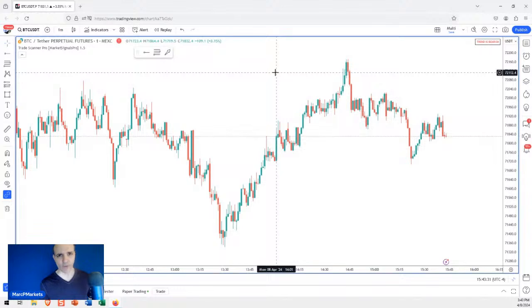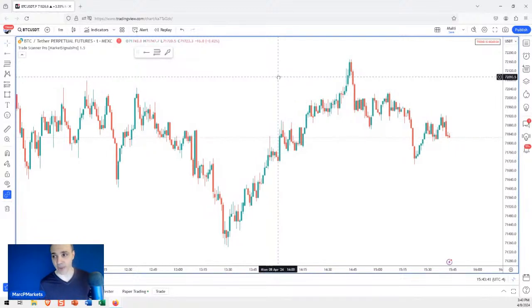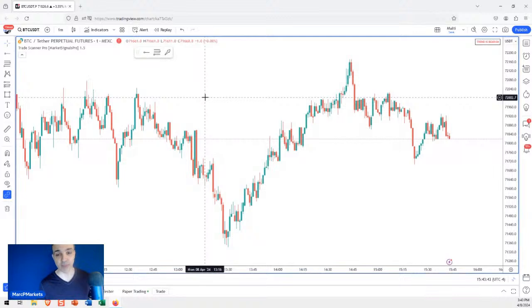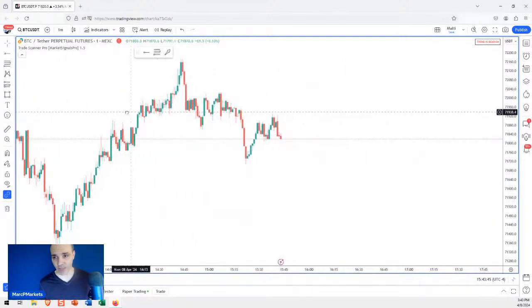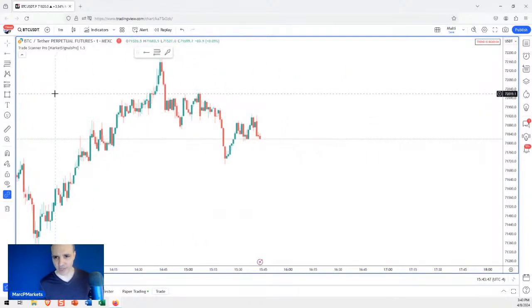Now, over time, I gathered feedback from people, and people said, yeah, it's cool and everything, but it's not convenient enough for me. So we developed a script. We took that formula and converted it to a script that can be used on TradingView. So now let me explain real quick. Let me give you an idea of what the trade scanner does exactly.